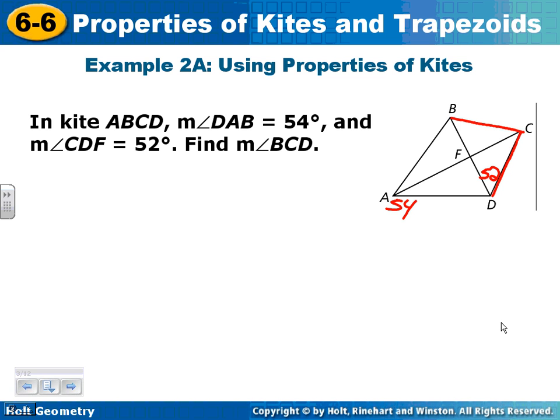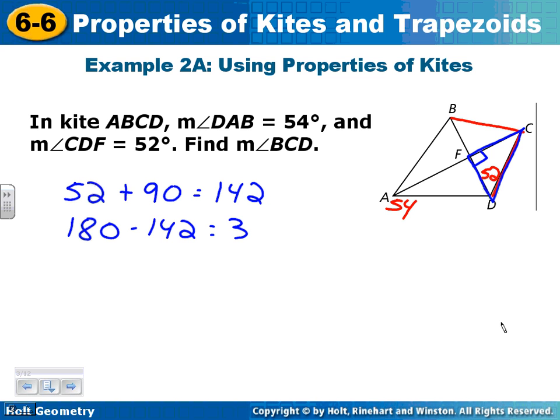All right, some technical difficulties. Sorry about that. Well, in this problem, remember that I can put a box right there in that corner. And so if I'm talking about this triangle, remember the rule of 180. So 52 plus 90 is 142. And if I subtract 142 from 180, that's 38, which means 38 is that angle